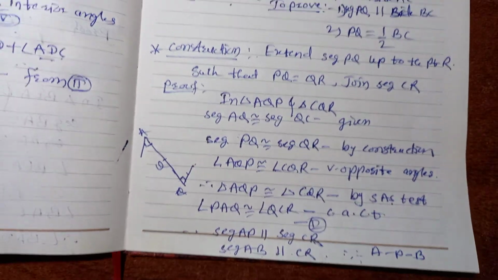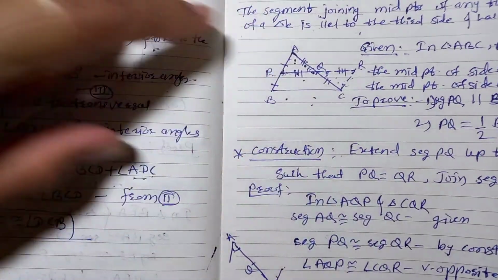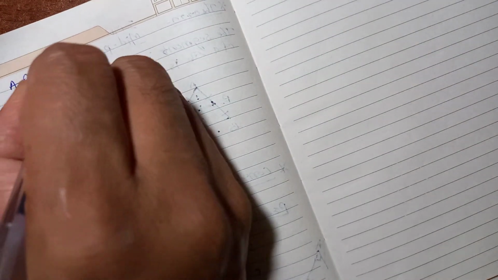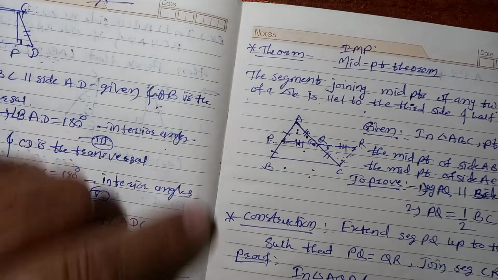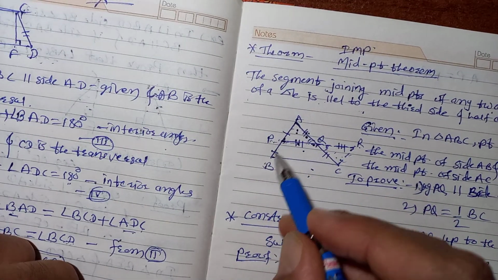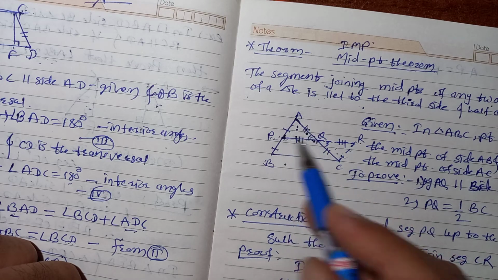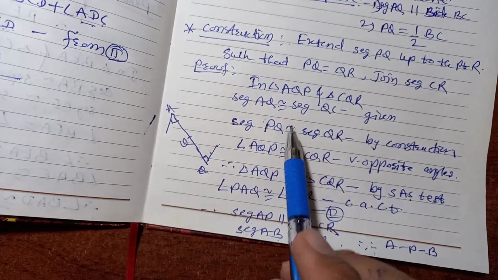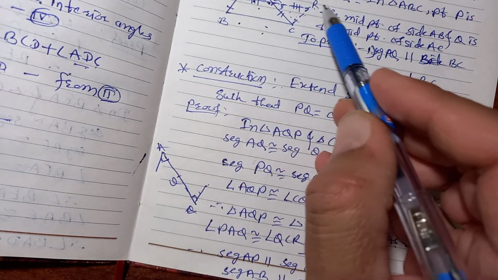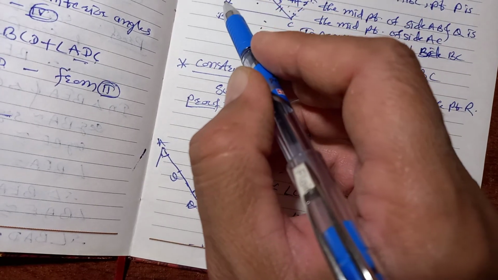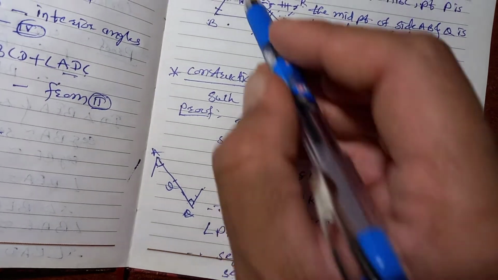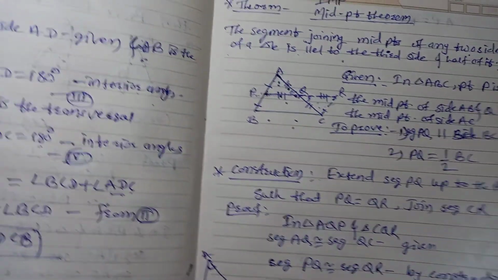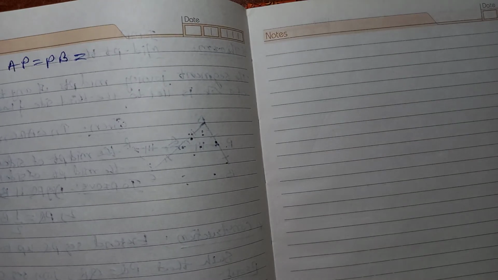But we know here AP is equal to PB. Here AP is equal to PB, midpoint given, and we showed this AP is equal to CR here also. See here, AP is equal to CR. This one is parallel, so this AB is parallel to CR. So now these two parts are congruent, AP and PB. AP is equal to PB.